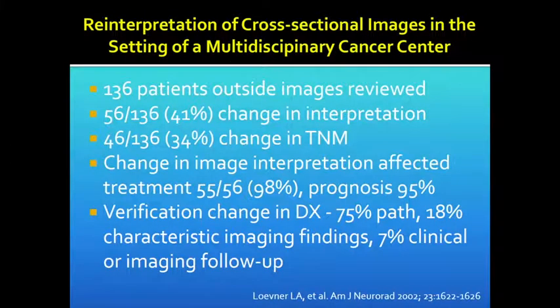So we're going to spend the next portion of the talk dealing with interpretive errors and misses in head and neck cancer. This is a subject near and dear to my heart, and not too long ago, just under 20 years, I did a large study looking at reinterpretation of cross-sectional images in the setting of a multidisciplinary cancer center. We looked at 136 patients at our cancer center with clinicians present. They all had outside images. And after we reviewed them in the cancer center, we went back and reviewed the outside images and compared the